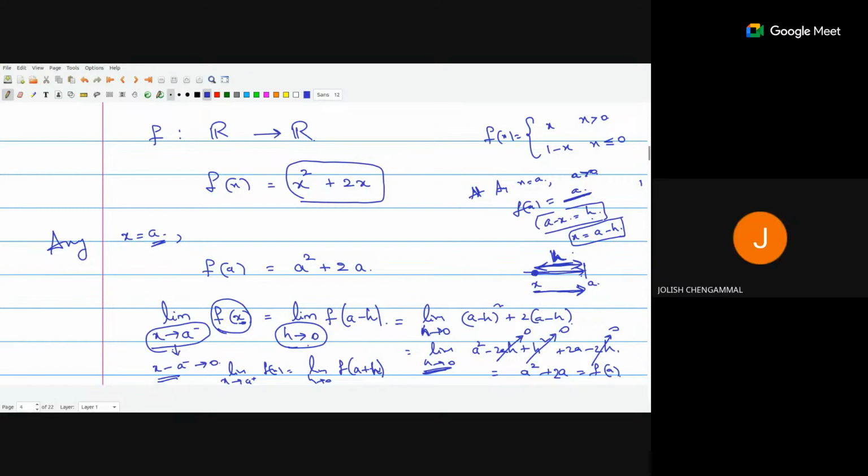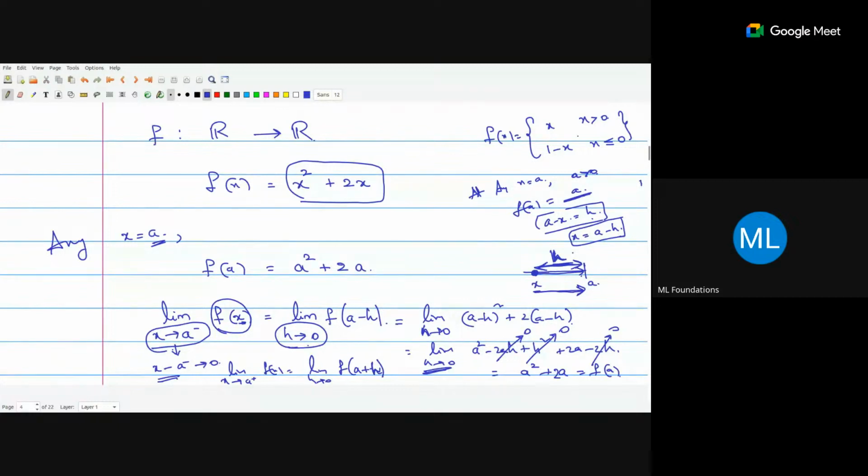Yes, but at what point, sir? Because it is not everywhere, right? A gap won't be everywhere. You will get to know from the function. So if you see here also, this function will break into pieces like x greater than 0, x less than 0, and x equals 0.